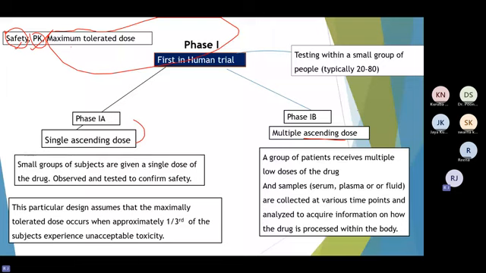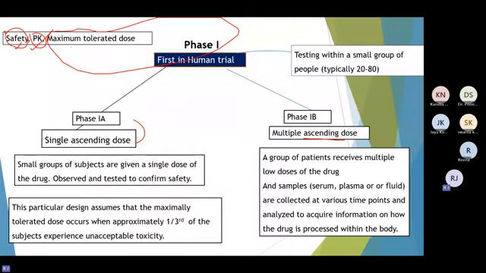Okay, so in phase 1A, what happens? A small group of subjects are given a single dose of the drug. For example, they select 30 people, they give 30 mg of a drug, and they observe for 7 days, and they take blood and perform their assessment. Okay,